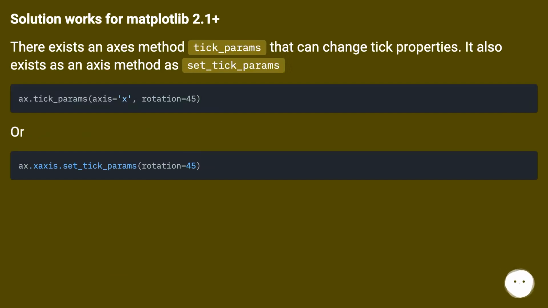There exists an axis method tick_params that can change tick properties. It also exists as an axis method as set_tick_params. Or